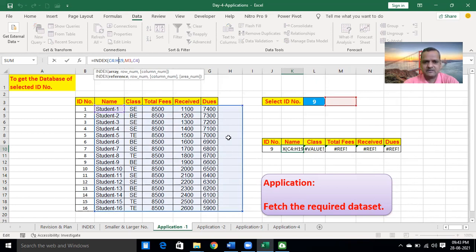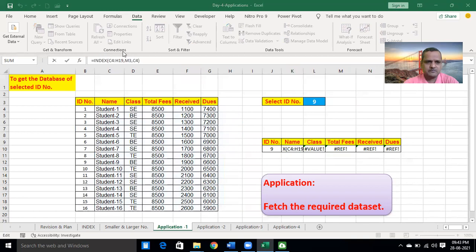Is it coming the same option in your file or not? Rajman. Kiran.